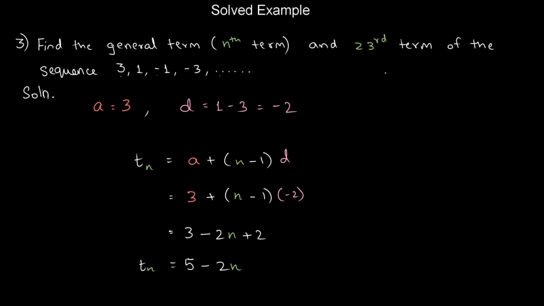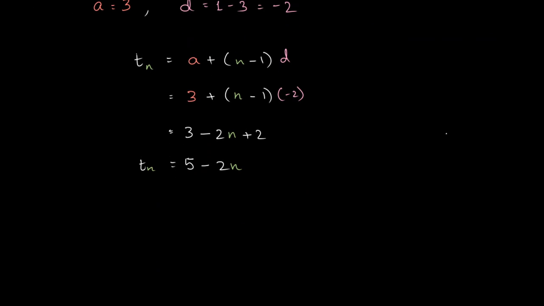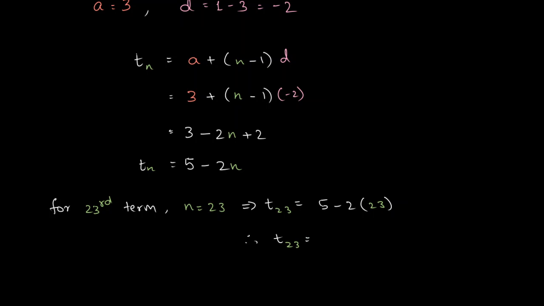They've asked us to find the 23rd term of the sequence as well. Now remember, for the 23rd term, we'll consider the value of n to be 23. So this gives us T23 as 5 minus 2 into 23. On simplifying this, T23 is equal to 2 times 23, which is 46, so 5 minus 46 is negative